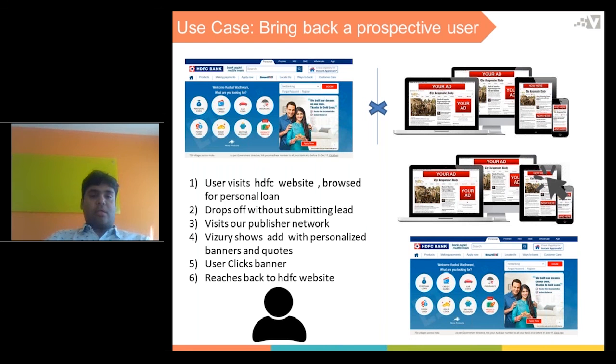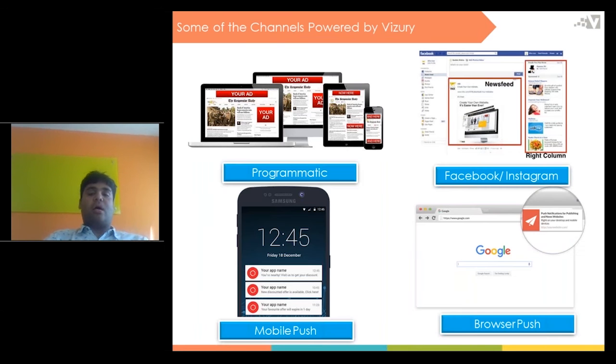So that was a use case. These are some of the channels which we power, and some of the channels which we use to bring back users. One is programmatic. Programmatic is basically all the blogs and the news websites which you visit, where you might be seeing a banner ad.